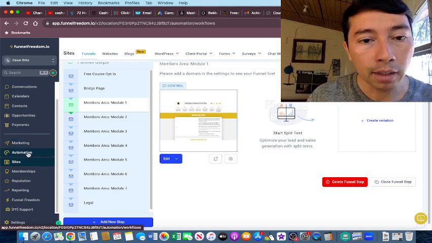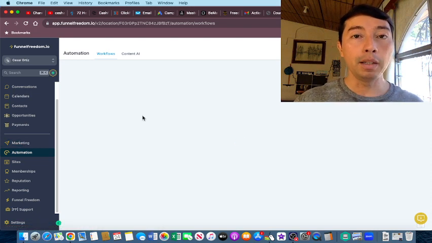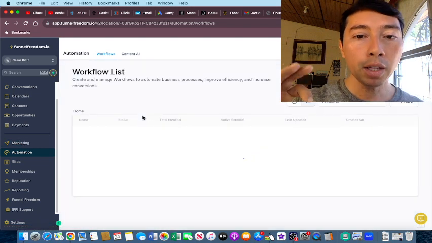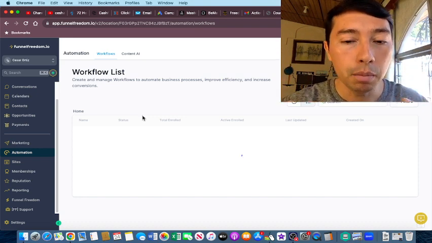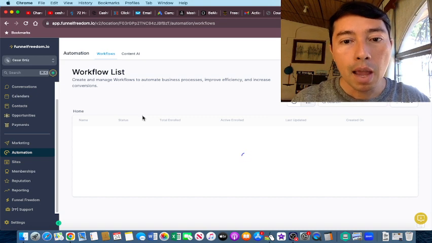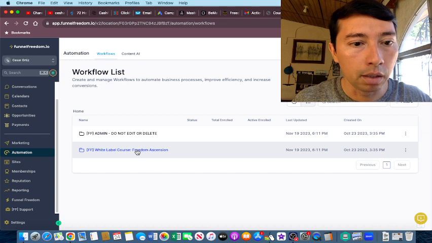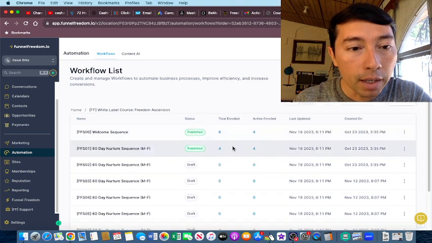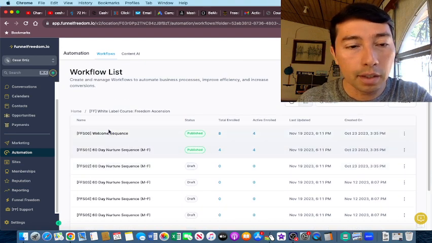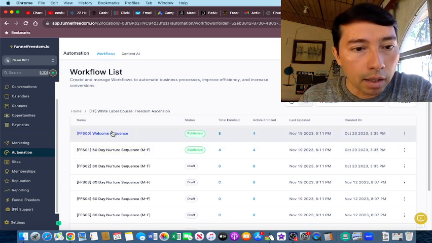And the other thing that I want to show you is the automation part, which is basically the nurturing system. So when people put in their information, the software is going to send these emails, and inside of the emails, people are going to find my affiliate links and valuable information as well. So if I click on the workflow white label course, right now these are the email sequences that have been published. We have the welcome sequence,